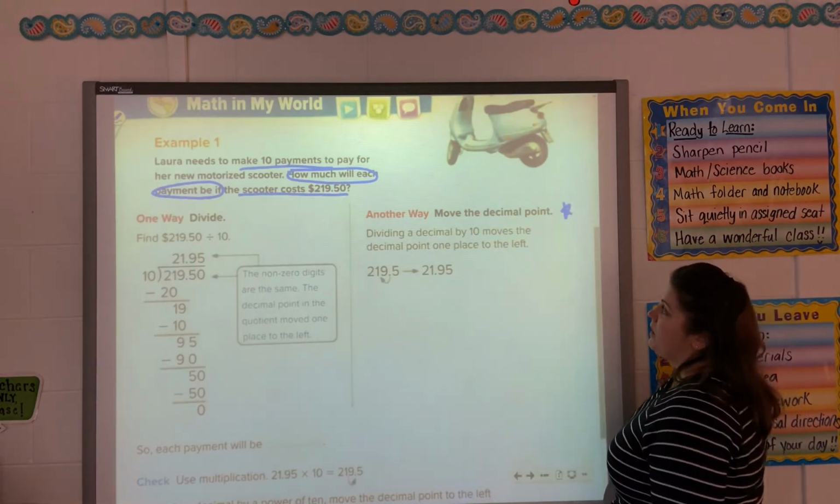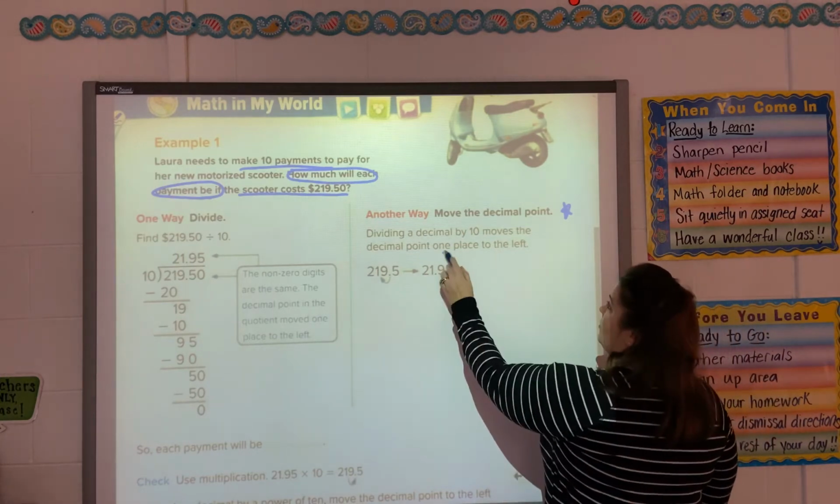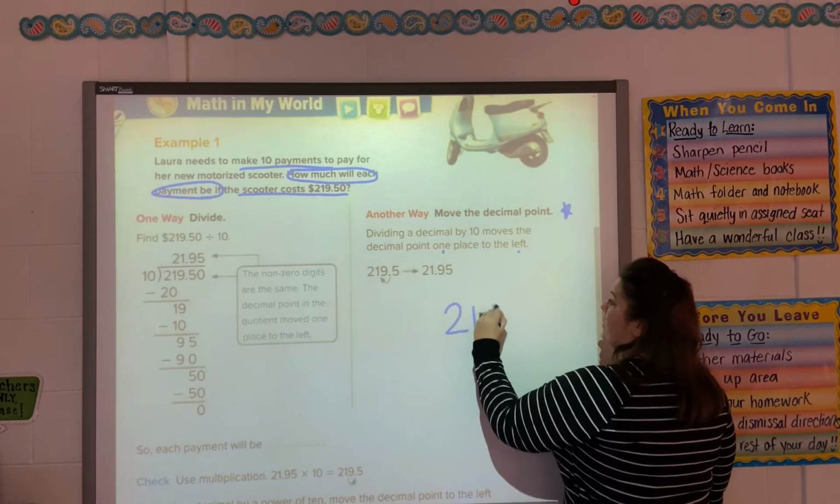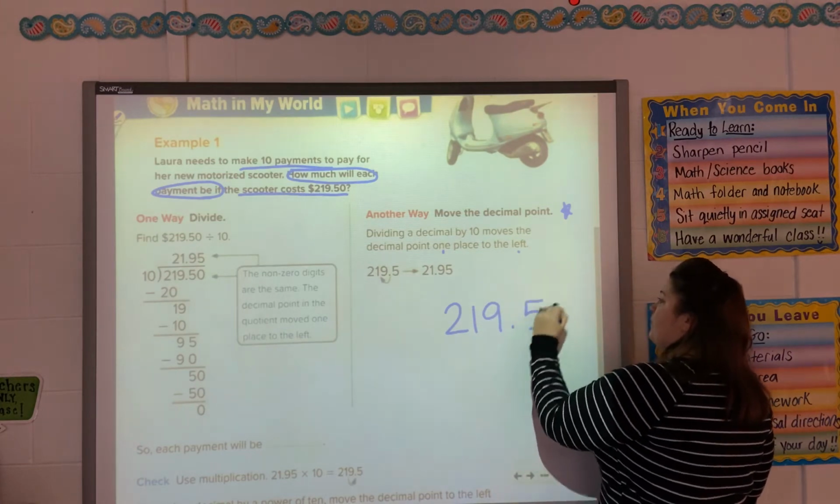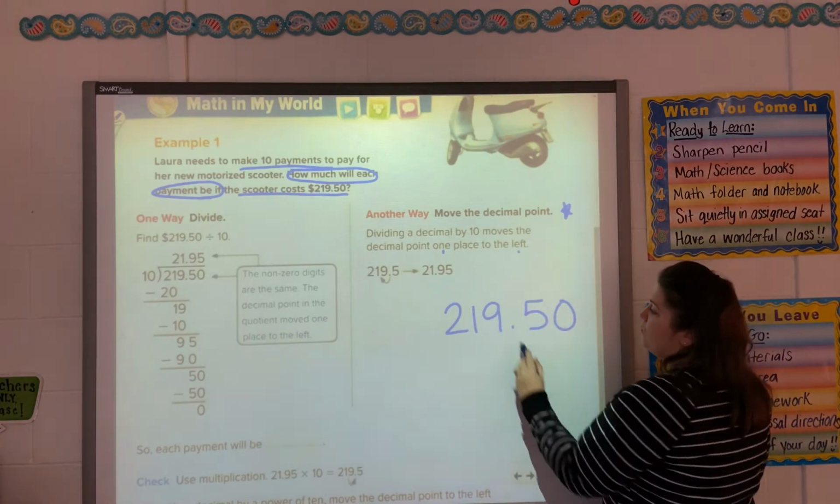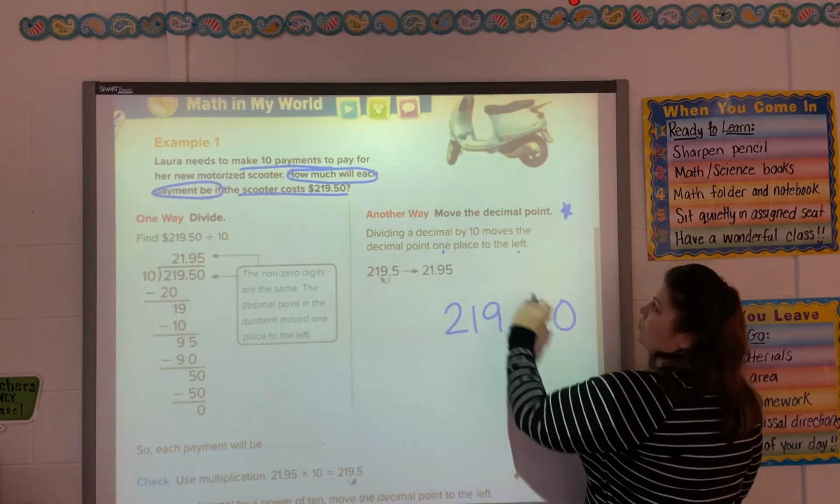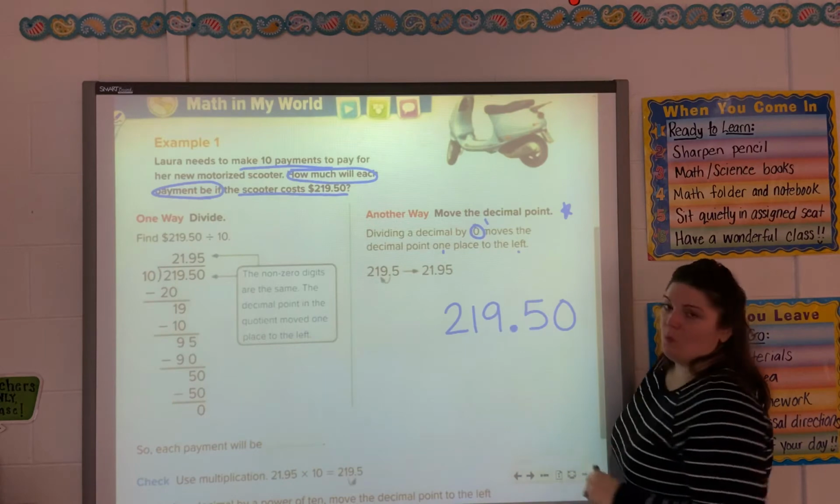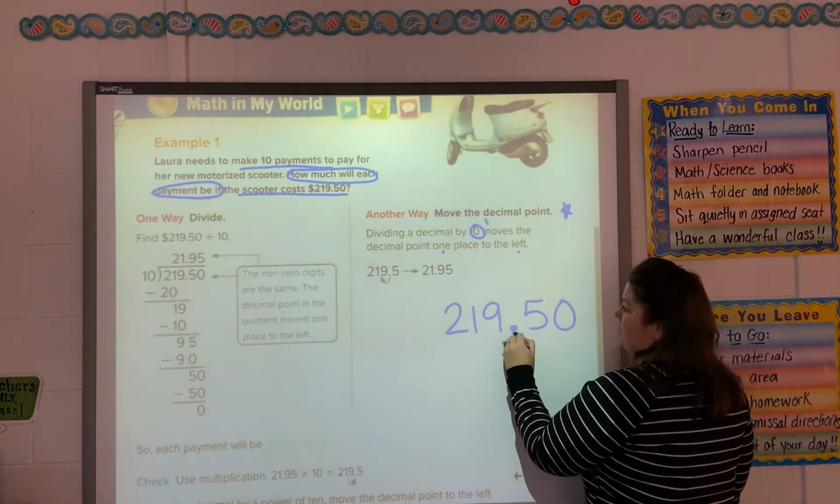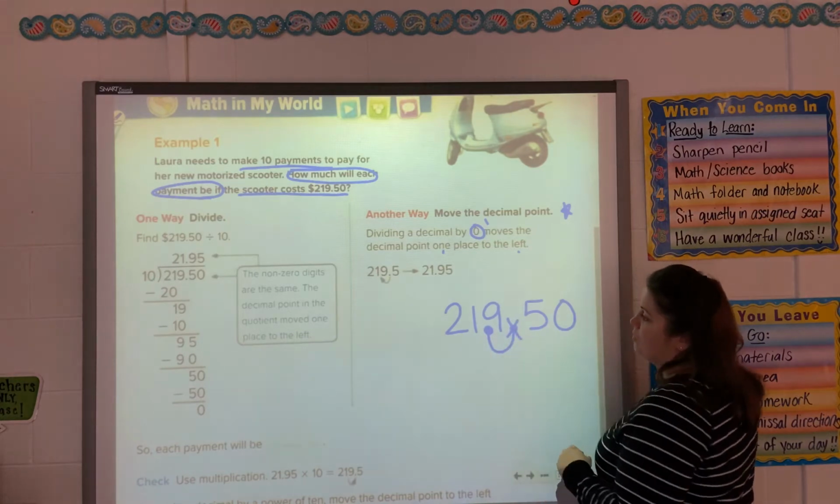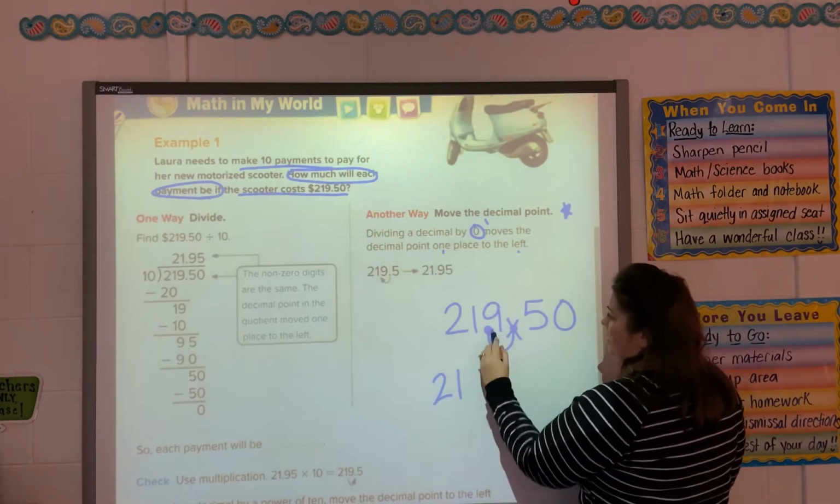Dividing a decimal by 10 moves the decimal point one place to the left. So in our original problem, we had $219.50. We need to move that decimal point to the left once because we're dividing by 10, and 10 has 1 zero. So take that decimal point, hike it over 1 time. That's its new position, its new home. So we have 21 decimal point